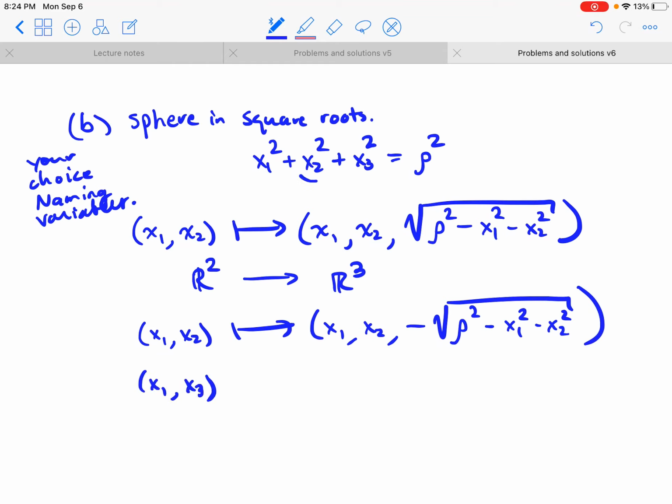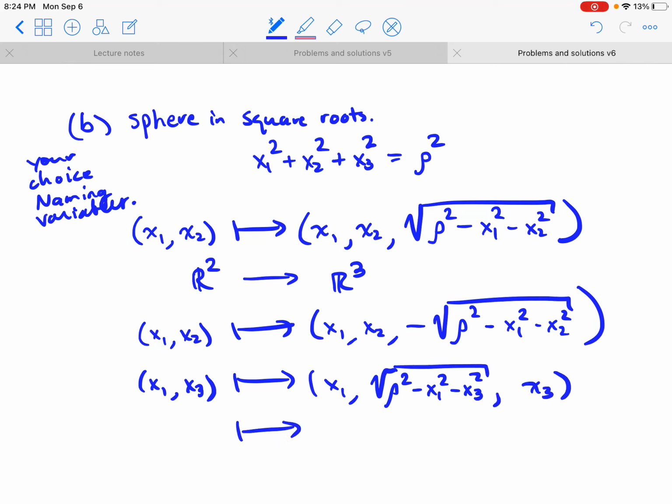I also could have chosen, say, x1 and x3, and then solved for x2, move the other things over, take the square root, which could be positive, rho squared minus x1 squared minus x3 squared, comma x3. Or I could have chosen the negative square root, and this would give me sort of the left or right pieces of the